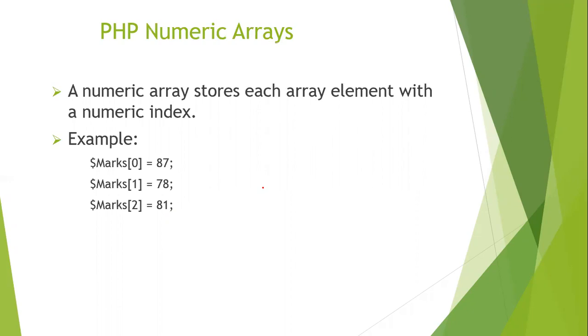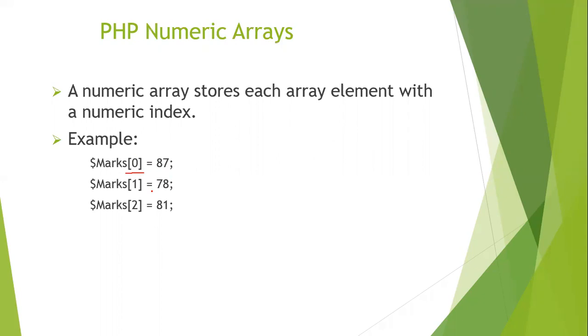Now the first type of array supported in PHP is the numeric array. So as I told you, numeric array is an array with numeric index, and by default array index starts from 0. So if you have observed here, the first index is 0. And the values are stored and accessed in a linear fashion. This means the first value is stored at index 0, second value is stored at index 1. Like that, we are going to store the values in linear fashion.